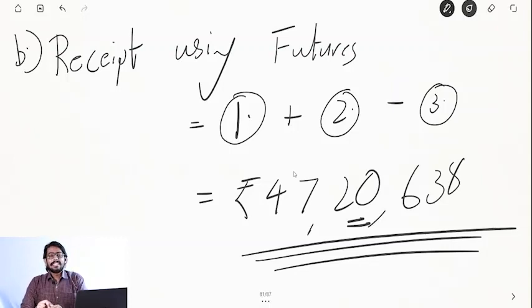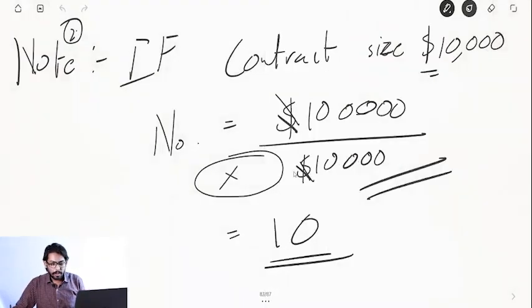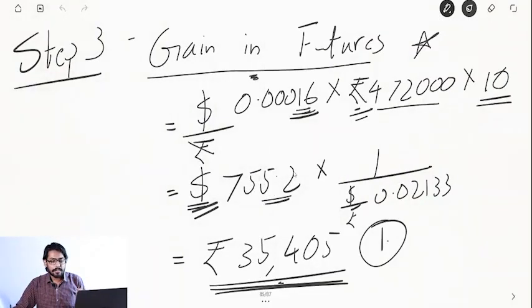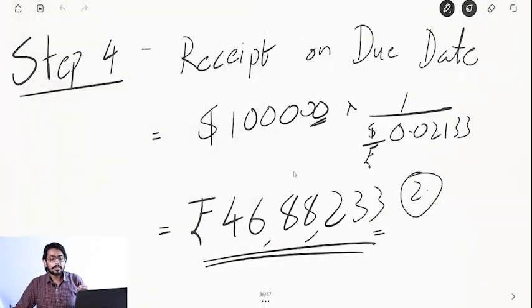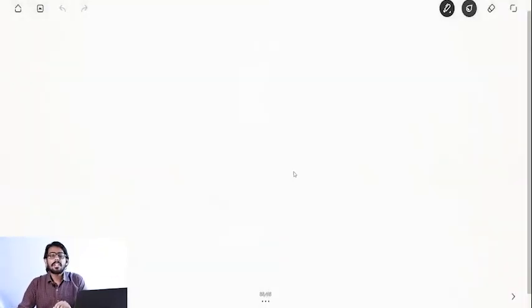So shall we move on to the next question? Are you thorough? If you want, you can pause and write down the answers. Do you want me to show you the answers once again? Step 1, number of contracts, write down the note. Step 2 is the cross, write down neatly. Step 3, gain on futures. Step 4, receipt on due date, and step 5, interest on margin. You can pause accordingly and write it down. With that done, shall we move on